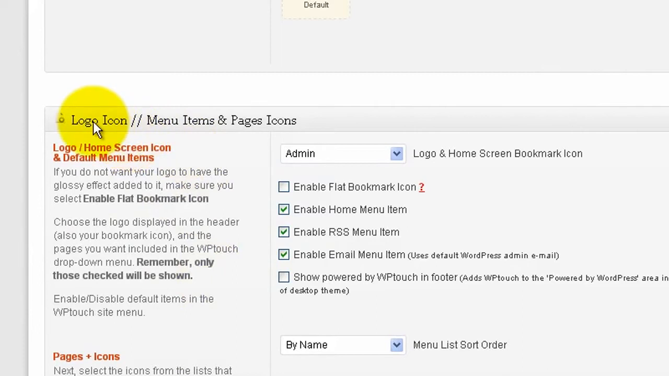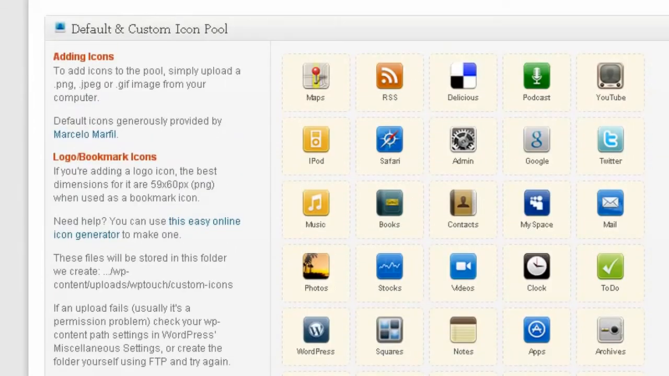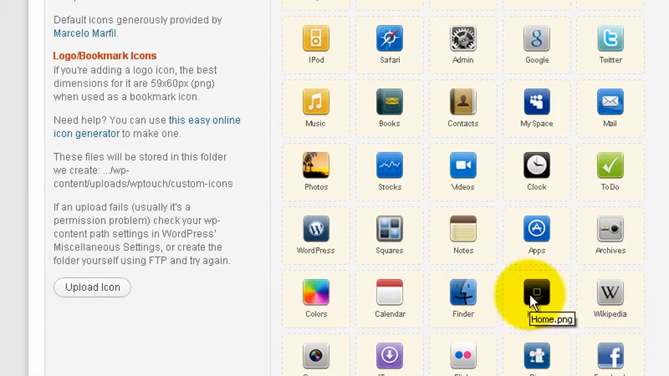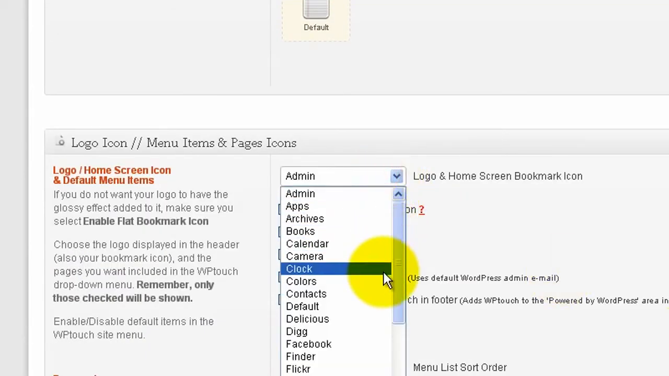Next is the logo icon and also the home screen bookmark icon. So if you're familiar with mobile phones, when you view a web page on a mobile phone device, then you can very easily add the link to your home screen. That would require a special icon. So over here you can select which icon you want to use when someone adds your website to their home screen. So for the names, you can refer to over here, home, finder, etc. So this actually looks like the button of an iPhone, so I'm going to select that. I'm going to choose home,